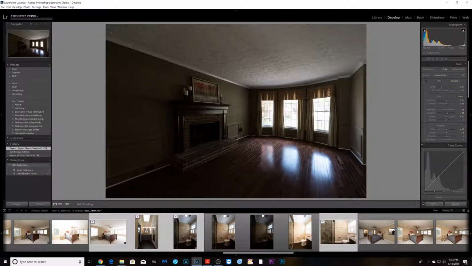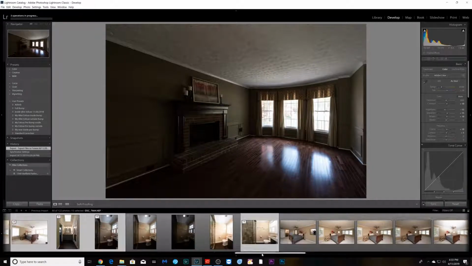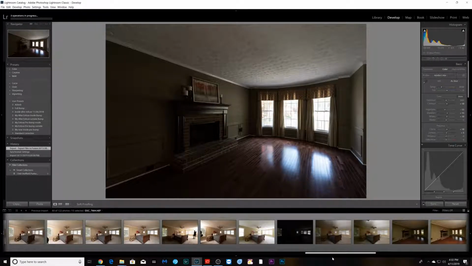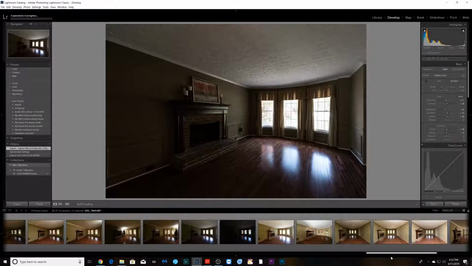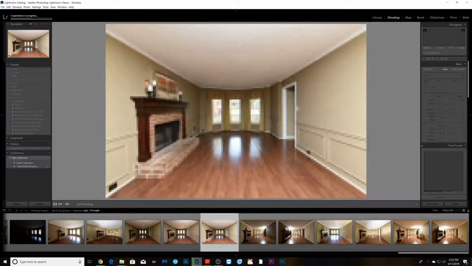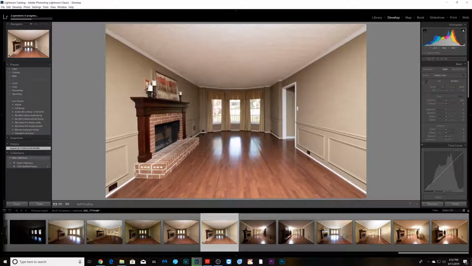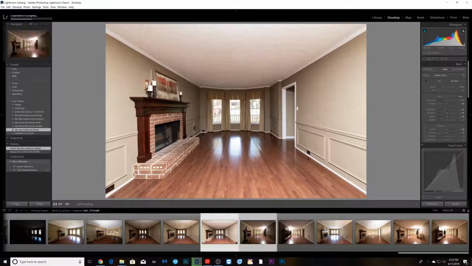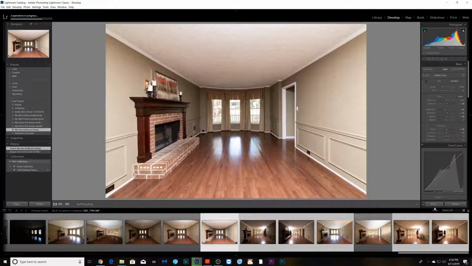Okay, so I'm going to process that, and I like to do that first, and then if I'm going to do any other of the edits, like the Flambient I told you about, then I'll do that while those are processing. Might have the computer running a little bit slower, but saves time. So I am going to copy these settings over